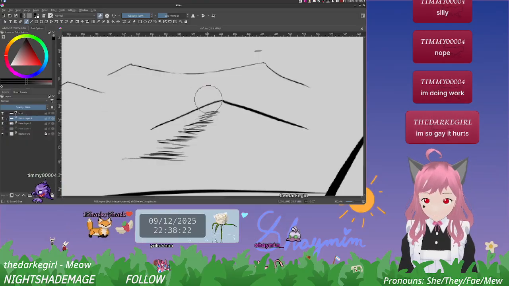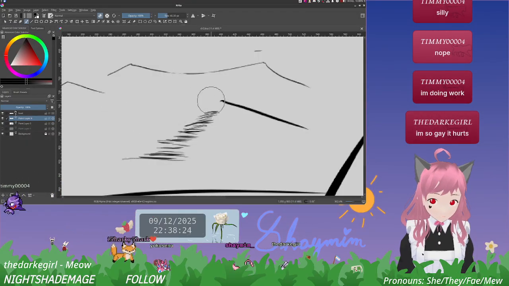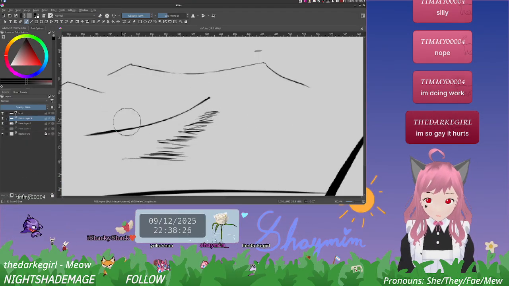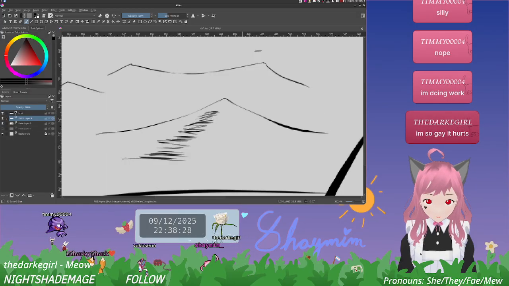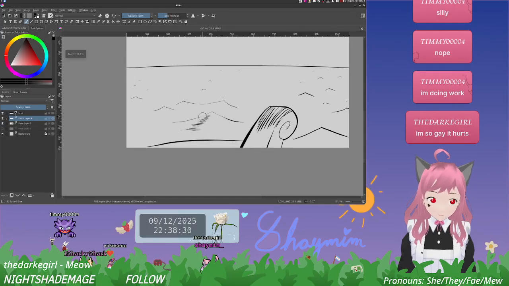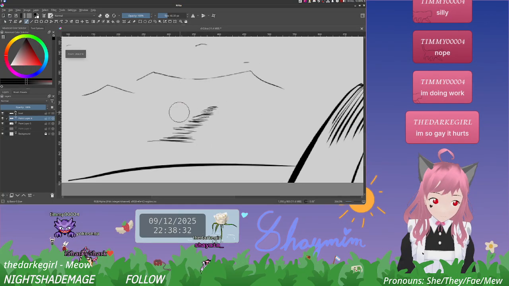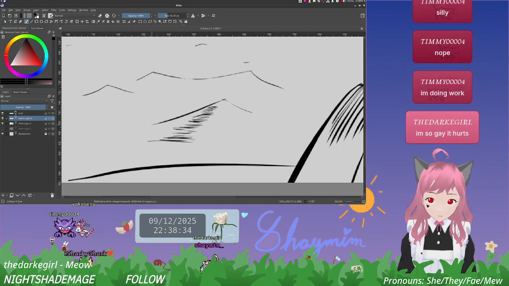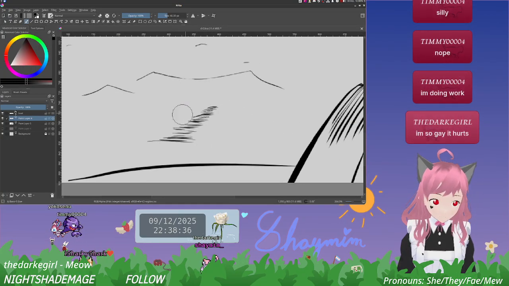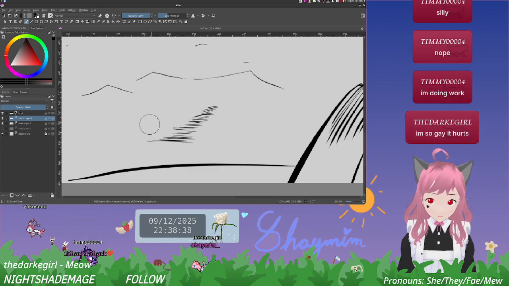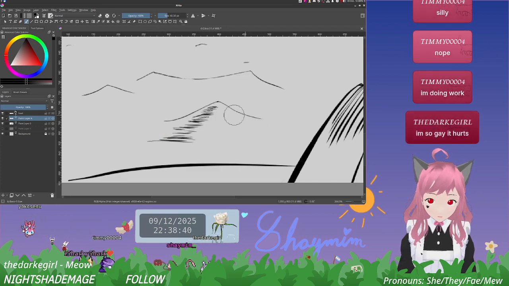That's got to be more of a curve. Like that. And then it's got to follow the form on, I guess, the side facing away from the sun. I would imagine. Right?